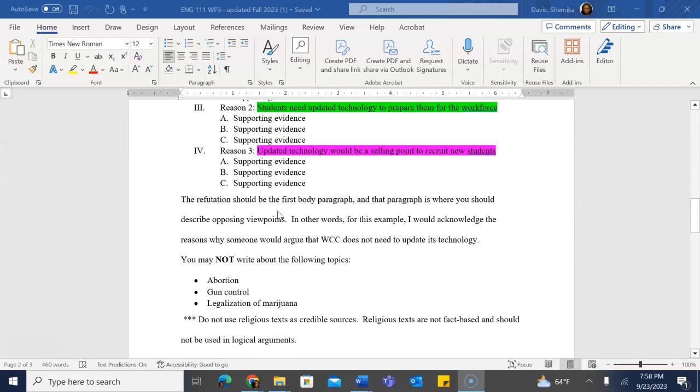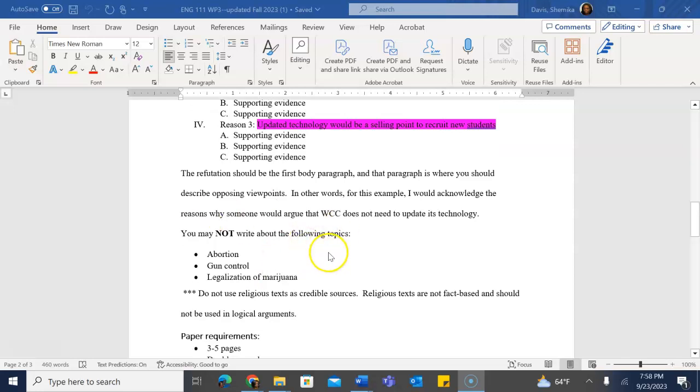The refutation, again, should be your first body paragraph, and that paragraph is where you should describe those opposing viewpoints. In other words, for example, I would acknowledge the reasons why someone would argue that WCC does not need its technology. Okay,